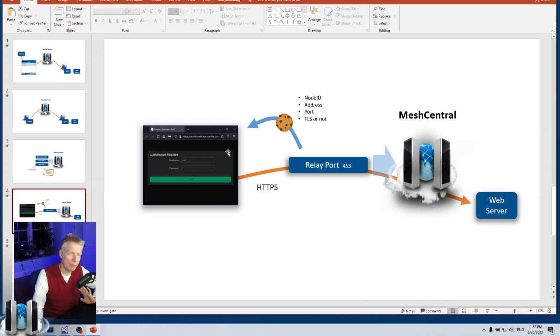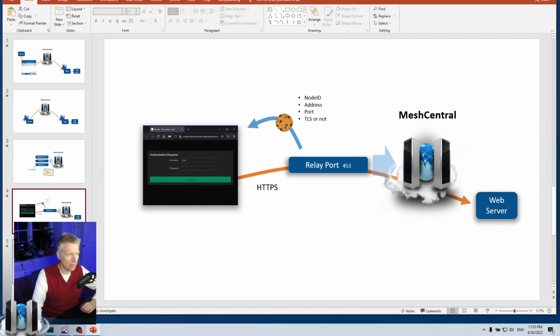The other thing is, if you are not logged into Mesh Central and you don't have the login cookie that allows you to access Mesh Central, if you don't have that master cookie that shows you're logged into the server, then that relay port will refuse all of your requests. So this is pretty good because the relay port is pretty secure, and it can be used by many different users and many different browsers at the same time. So you don't need to expose a large range of ports externally through your firewall or proxy. Just one port will do.